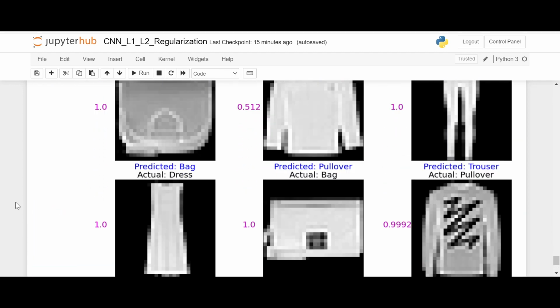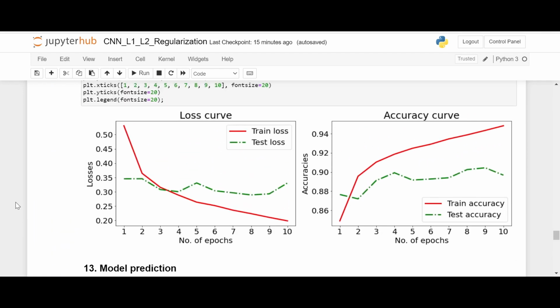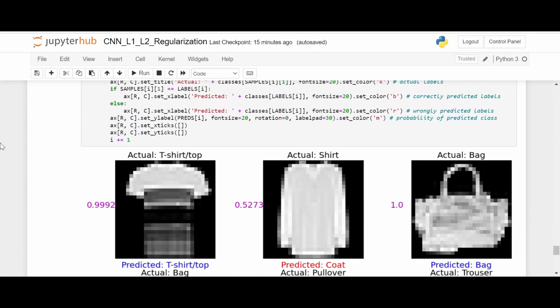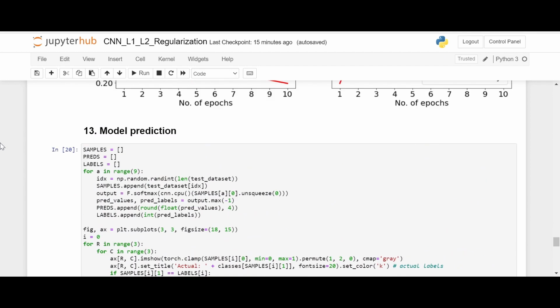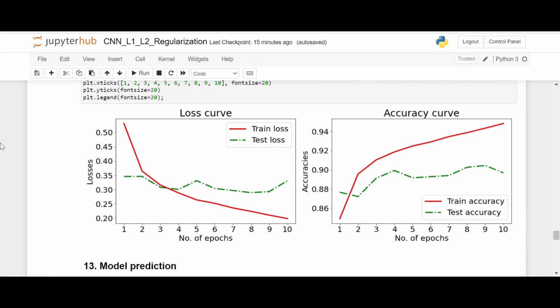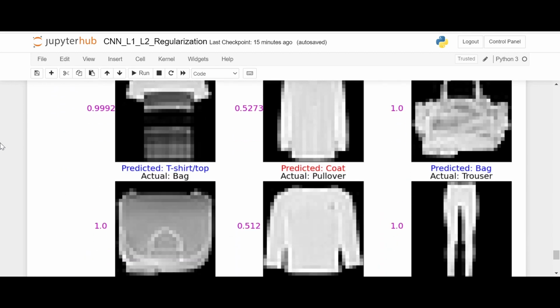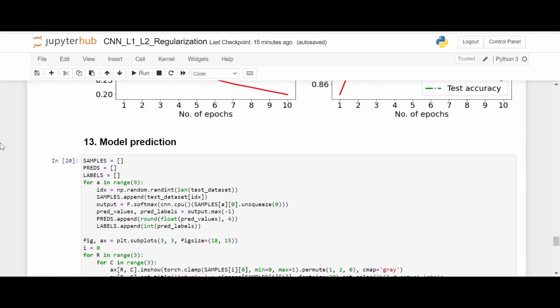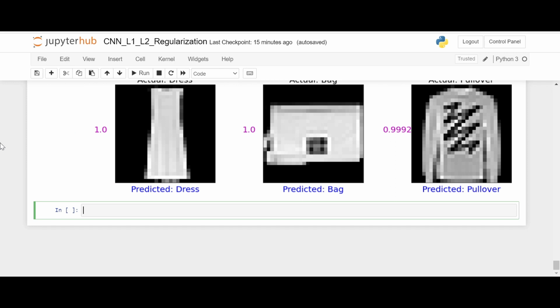Okay, so this is how a normal CNN can be trained without any regularization. I didn't type up this particular code because I have already made a previous video on CNN, and I will give the link in the description if you want to see how the code is written from scratch. Then you can look at this video. So now it's time to